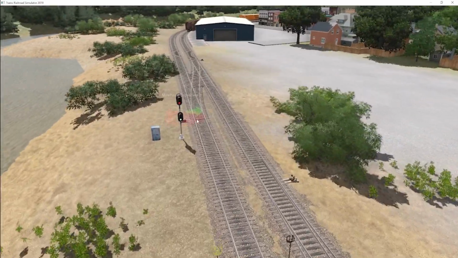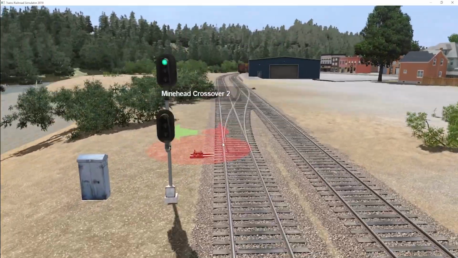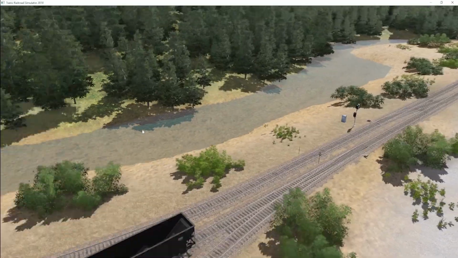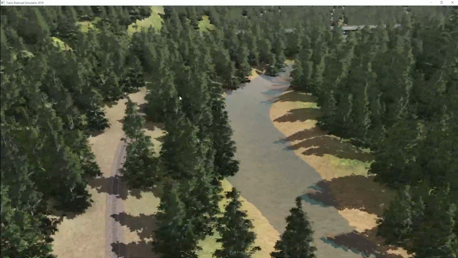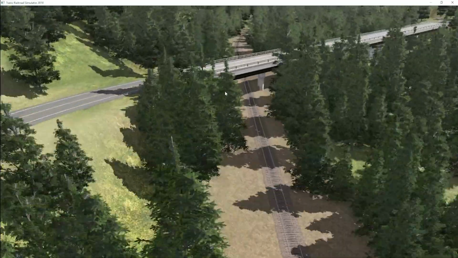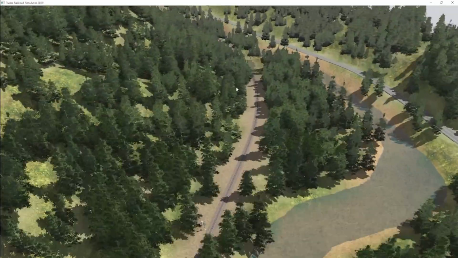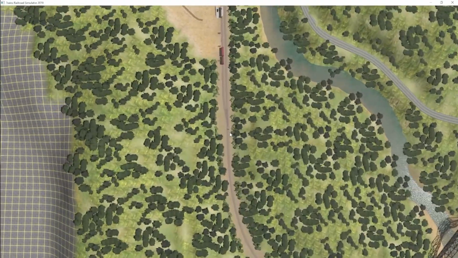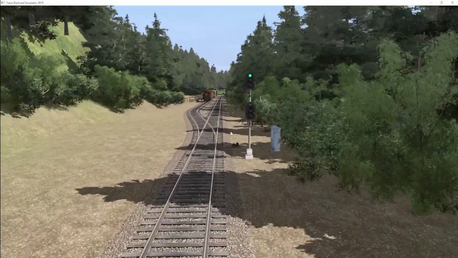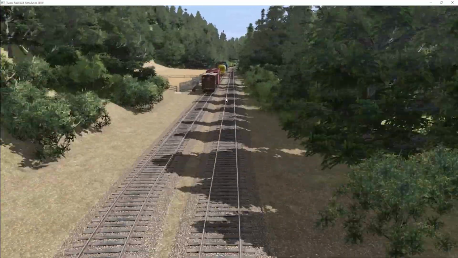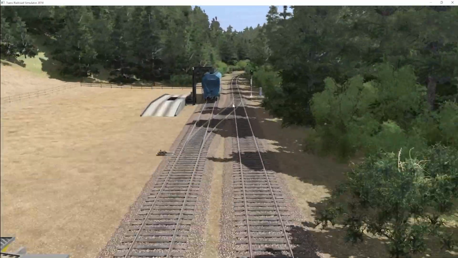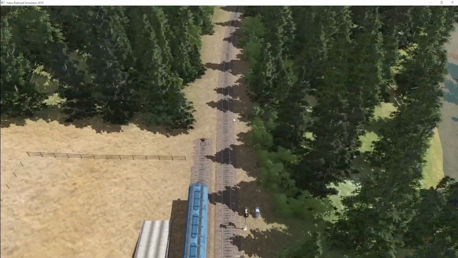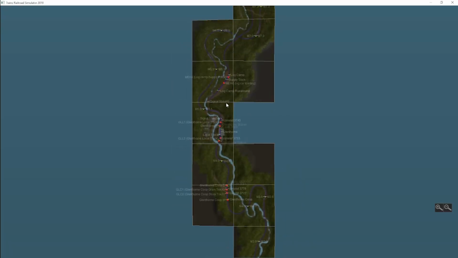Some railroads, you can just proceed past a restricting signal at 15. Others, you have to stop. That's up to you. But the nice thing about the signaling system is you never have to place signals in the control point. You only need to place them between. So intermediate signal, intermediate, intermediate. Here is not really a control point, but it is at least a diverge. Just that little co-op here. All right, but then yeah, between the control points,